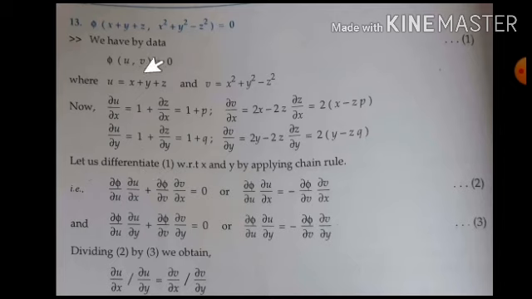So here this is a partial differentiation of composite function we have done, applying chain rule concept. So what it will be, let me repeat, phi with respect to u, then u with respect to x because u is function of x, then plus phi with respect to v, v with respect to x because v is also a function of x. Or you can bring this term to right side.